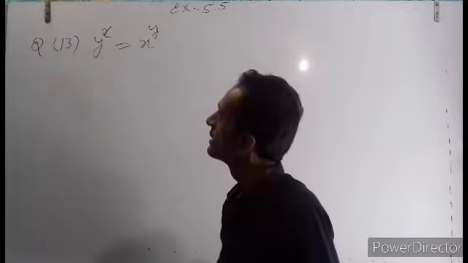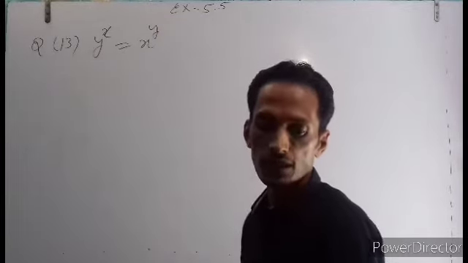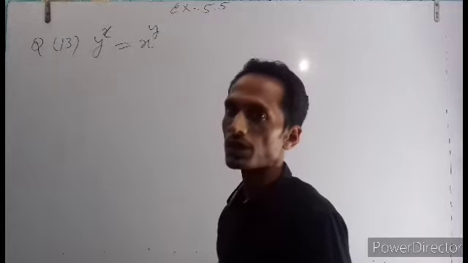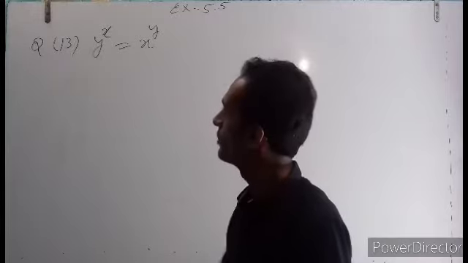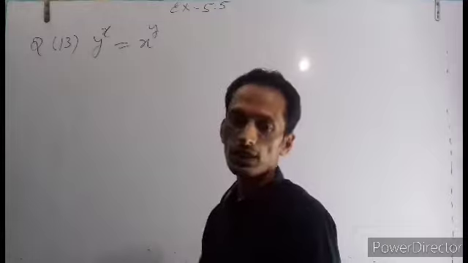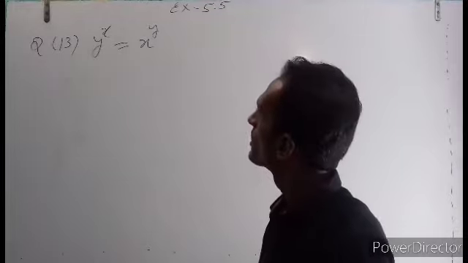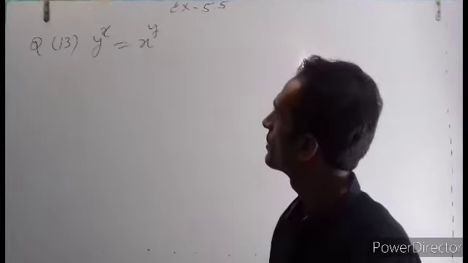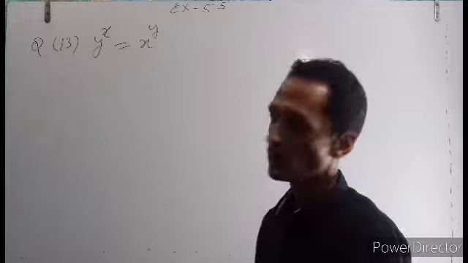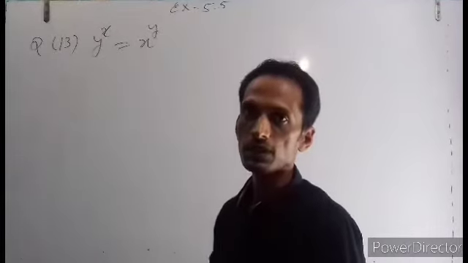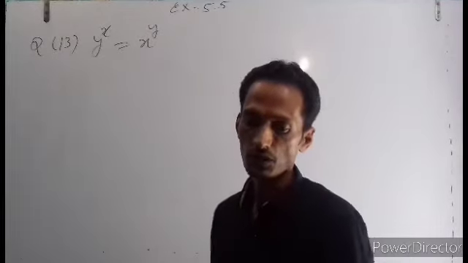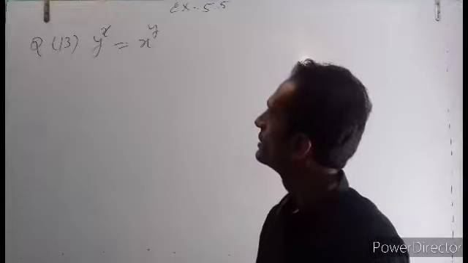Last time I explained the polynomial, that is the first two terms, three terms or one term. Now we will discuss only one term on the LHS and one term on the RHS. So there is no need to take u or v. Now we can directly differentiate with respect to x because there is no additional term in the LHS and RHS. So we can take the log on both sides.